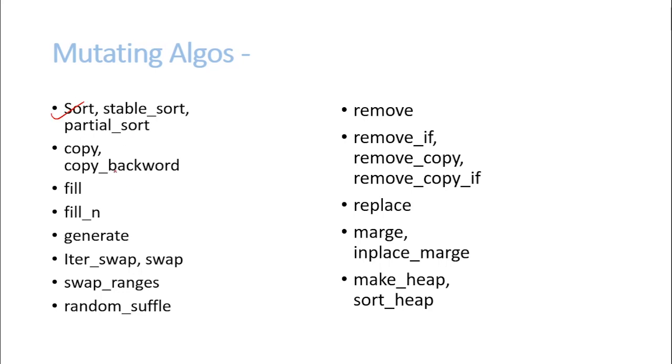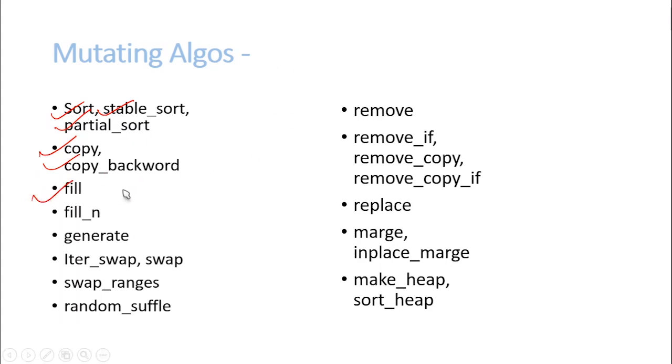We have already discussed that. Stable sort is for stably sorting the data, and partial sort is for partially sorting the data. You will see the implementation of these functions as we go along the series, but you can also Google these names and you will find the definition and how to use them on many C++ reference websites. Copy creates a copy of a data sequence, and copy backward makes a copy of the data sequence, but does it backwards. And all these things take two iterators